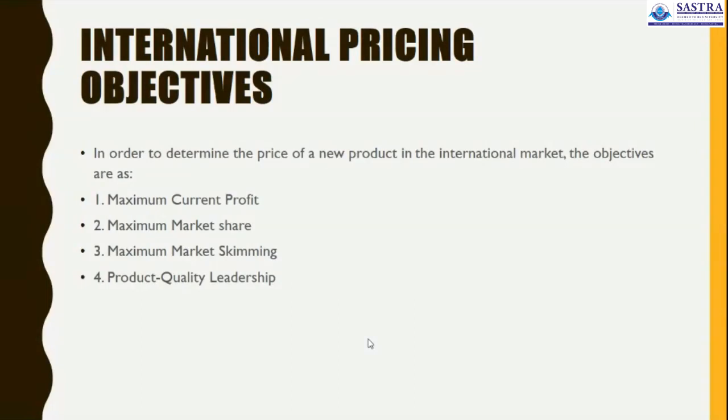So we determine the market share on the basis of sales, or on the basis of total value of turnover. Increasing the market share is also a useful pricing objective, because pricing is an important parameter in the market. People compare the price and the benefit you give to the customer, and on that basis product selection and purchasing decisions happen. All the factors influence buying, so pricing is an important aspect in increasing the market share in the corresponding market.